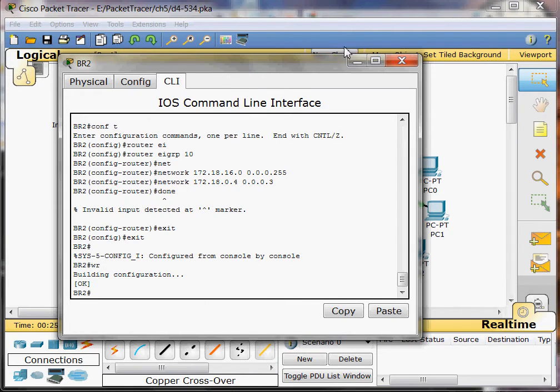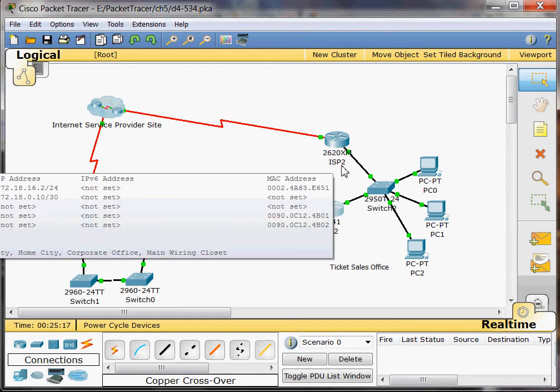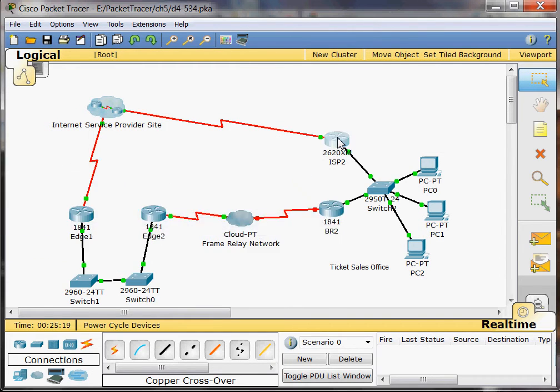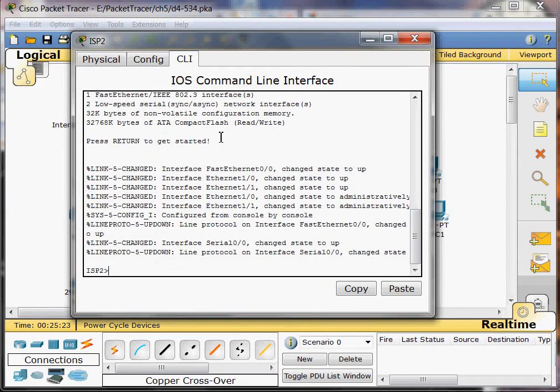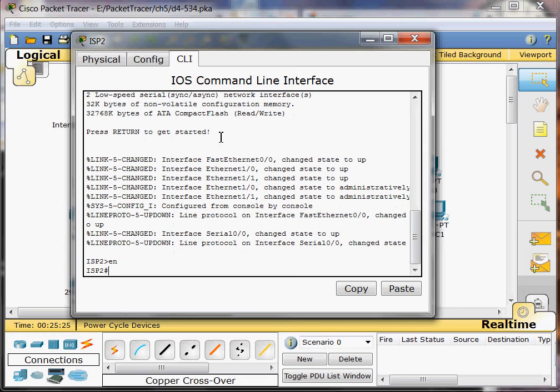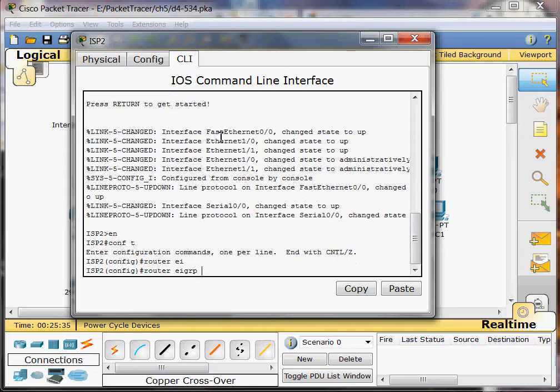So let's get in here and go to command line, do an enable, go to configure terminal, and do a router EIGRP, and then the networks we need over here are